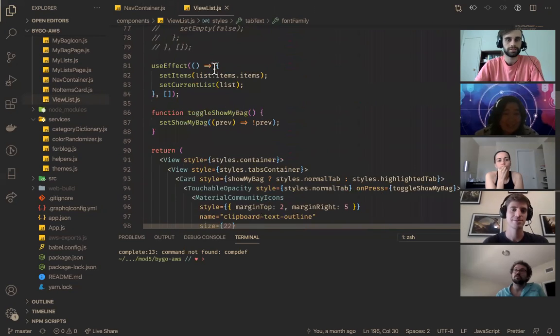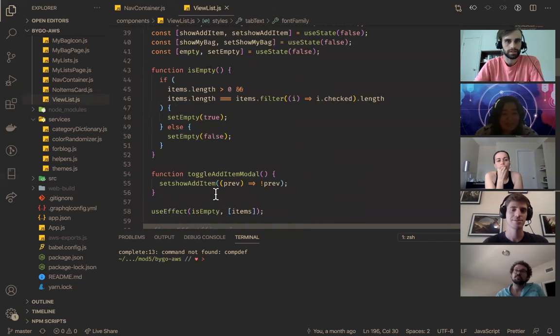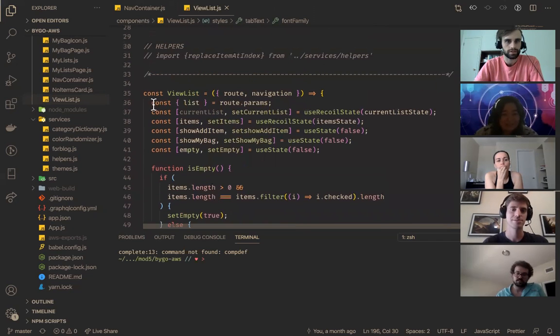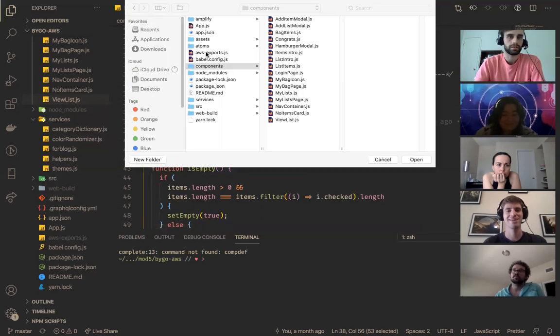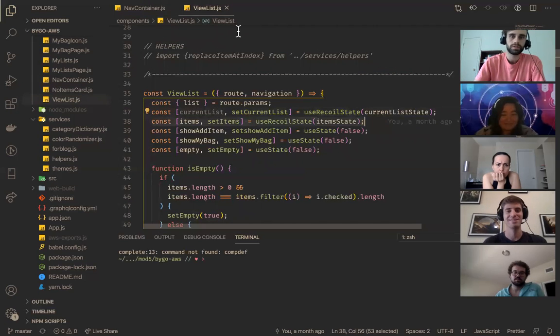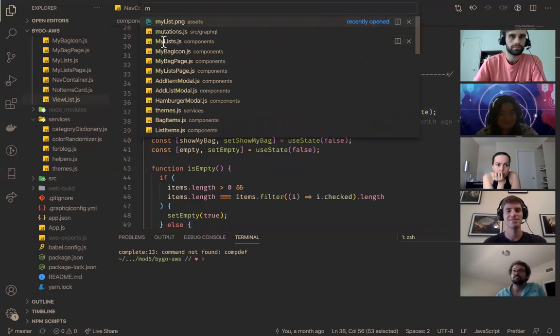Okay. View list is up here, right? I don't think I even needed this, but it knows the amount of items that are in the list using recoil state, and so does